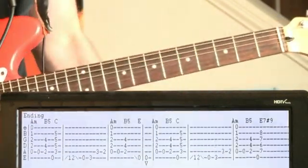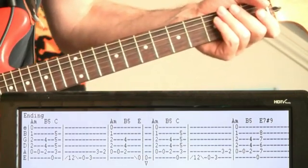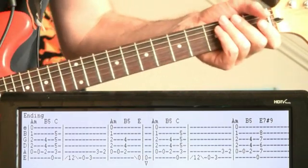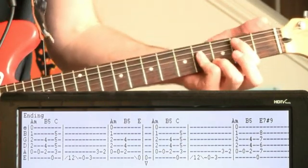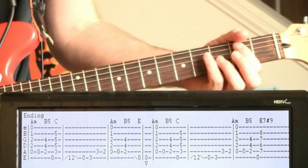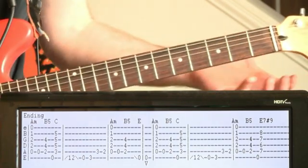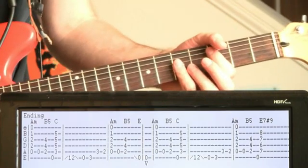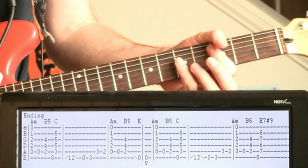All right, and then we get this big, cool, like flourish ending that happens. Basically, we're just jumping around on some chords. We're going to do an A minor, hit an open A, go B5, so just power chord at the 2nd fret A, 4 and 4 on the D and G, hit a quick open E, and then bring it up to the C. Okay, so just 3A, 5s on the D, G, B. So it'd be something like...